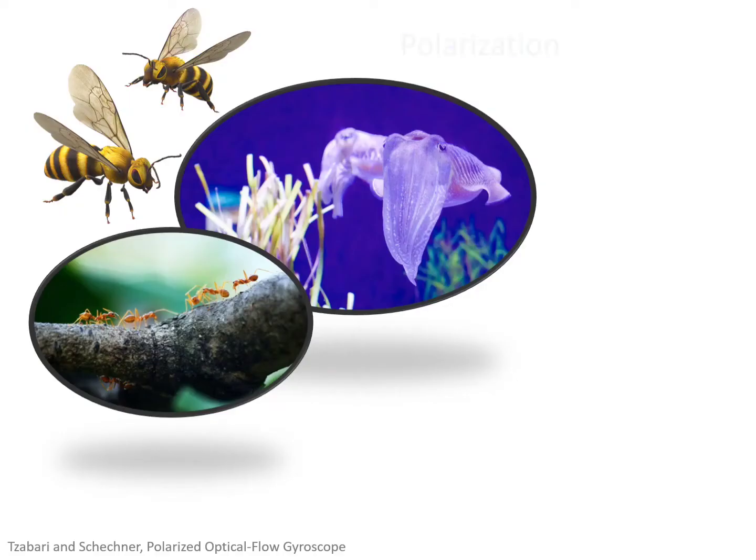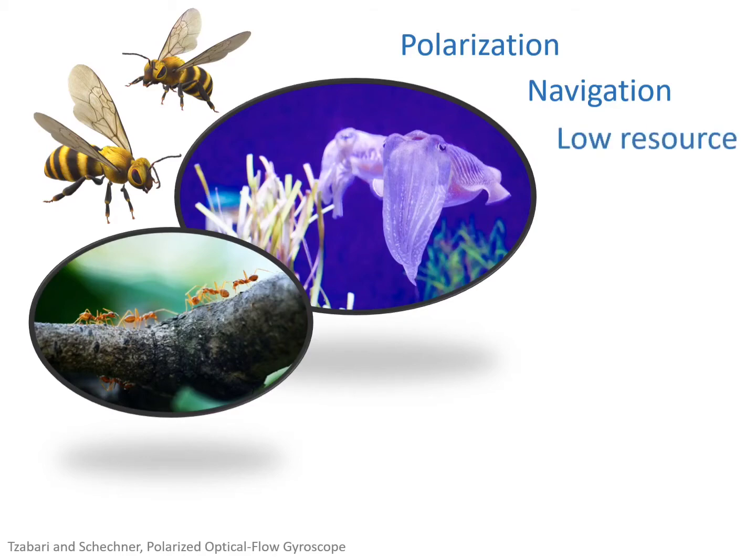Polarization is used by a wide range of animals for navigation. Some of these animals have very crude spatial resolution vision and very small brains. In other words, their vision resources are limited. However, observing the sky or underwater polarization patterns, even in poor resolution, yields a strong navigational cue, known as the